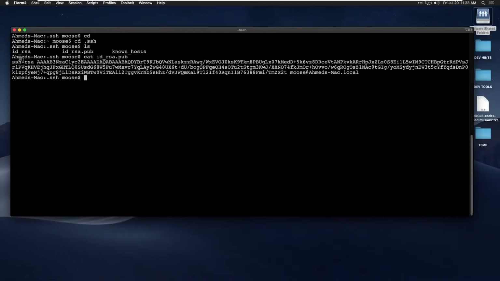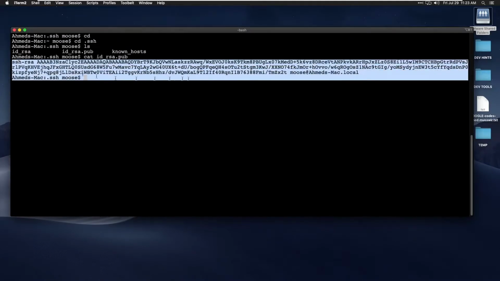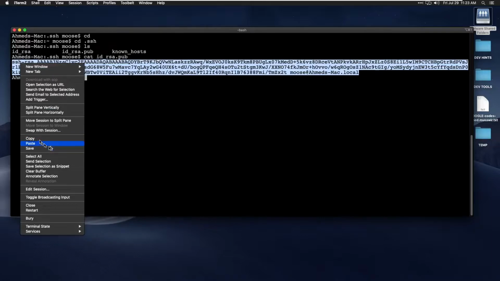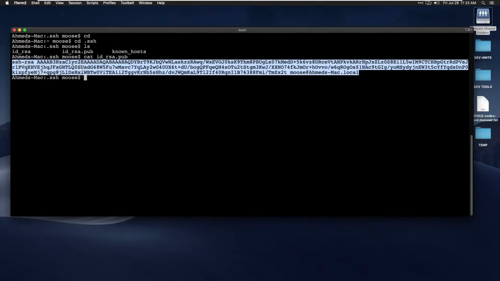All right, so this is the portion from ssh all the way to here. This is going to be my public key. So I'm just gonna copy it from this box, because this is where I'm gonna be connecting from. Copy that. Now let's go back